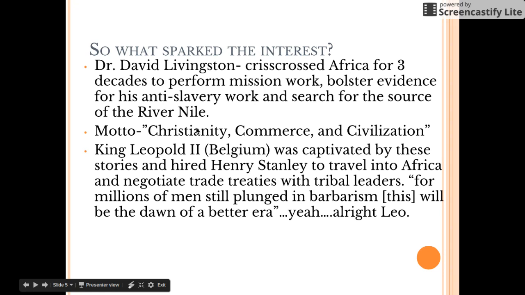Sorry for the backwards quotation mark there. He was trying to spread those three C's throughout the continent, and we'll discuss those a little bit more in depth next week. So all of his work, all of his travels, all of his letters home eventually became legendary across most of mainland Europe and into the UK. One man who was particularly captivated was King Leopold from Belgium. And he took these calls to Africa in two ways. Number one, on the surface, he basically said he was going to bring light to the barbarians of Africa. And number two, although this is unstated, it was a great financial opportunity for Belgium to tap into the unclaimed